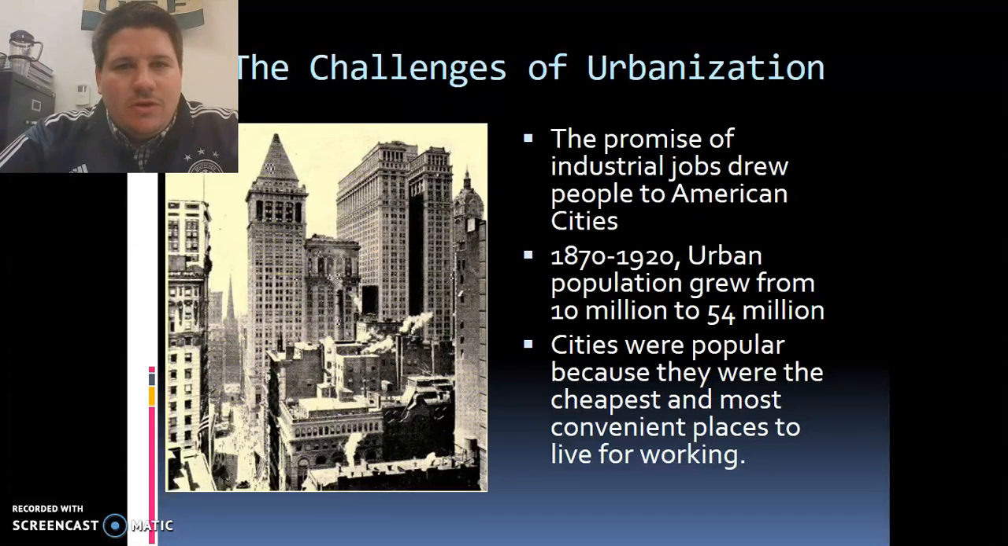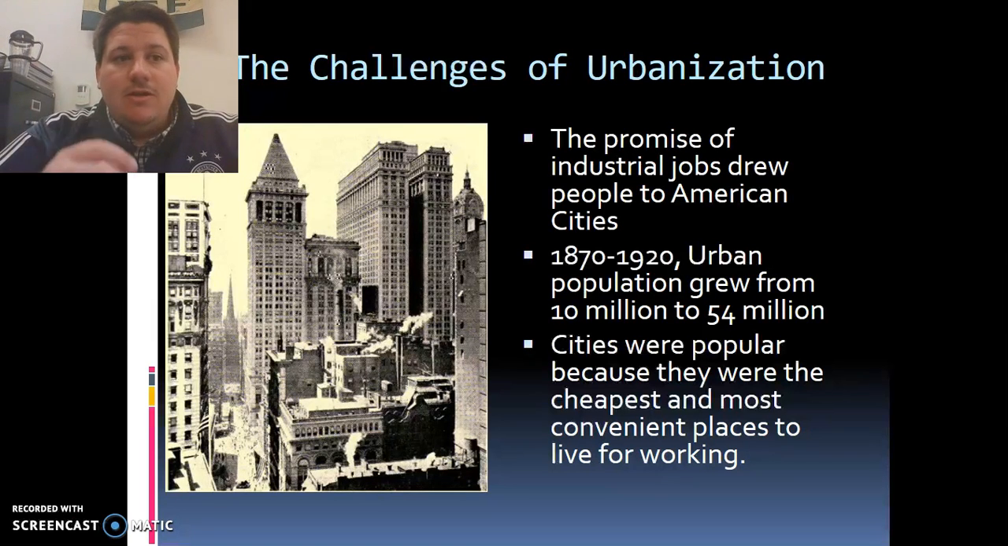So first of all, what brought people to the cities in the first place? The fact is the cities of the United States of America had an abundance of jobs available to people, which is what drew people here to the cities. So the promise of industrial jobs drew people to American cities. And as a result, between 1870 and 1920, the urban population in the United States grew from 10 million people to 54 million people. Some of them were people relocating from the rural parts of the country into the cities,